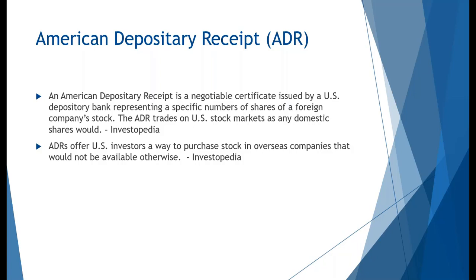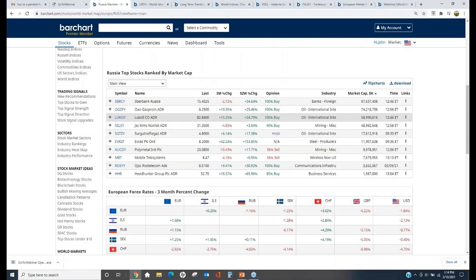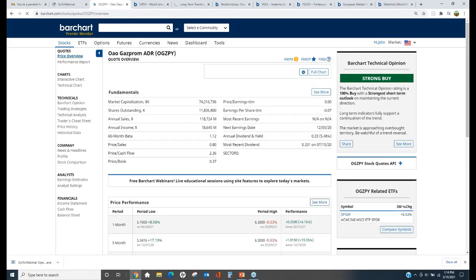Think of it like this. It's literally a one stock ETF, right? They're going to handle all the logistics of the dividends and the taxes and all that, and all you're doing is investing in the stock through this ADR. So if you see the ADR, that will give you confidence that you most likely will be able to invest in that stock if that's what you want to do.